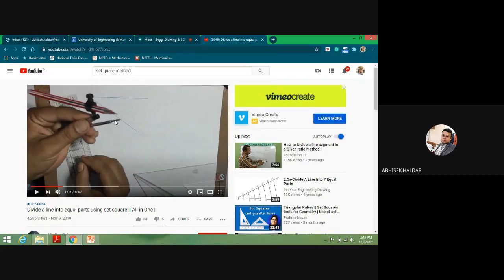So this arc length, remember, there is no rule for this. This arc length may be any arc length, but that arc length should not be changed. That is the main rule. You take your compass, you fix an arc length, not very large, because how many arcs you have to take, you also have to keep in mind. So fix a small arc in your compass like this, and don't change that. Using that arc length you have fixed in your compass, you have to take some arc points on that inclined line.